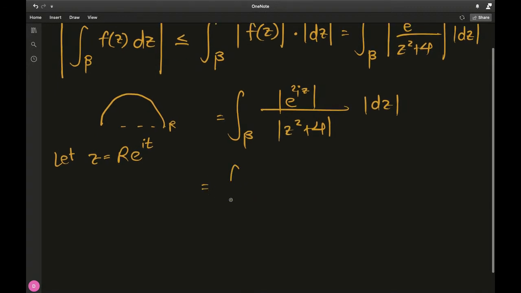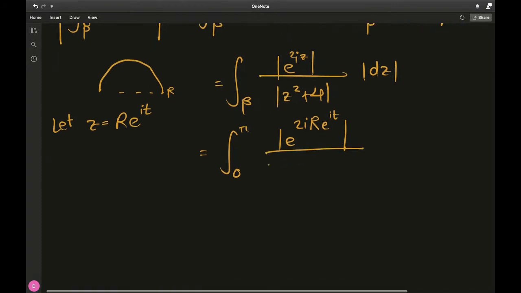And when we do that, we have our bounds from 0 to pi because of the angle it subtends of 180 degrees. Then mod of e to the 2i r times e to the it